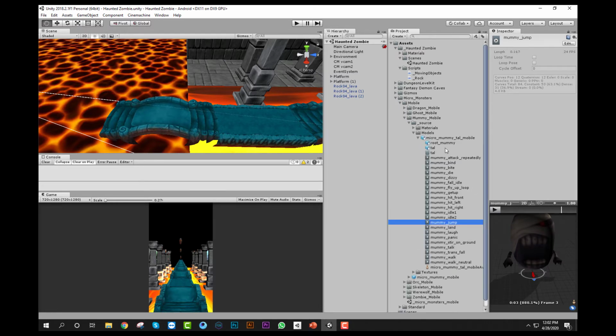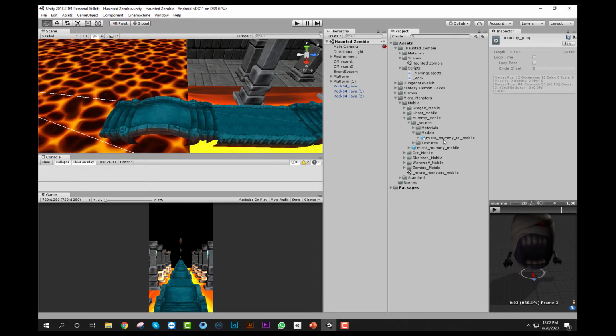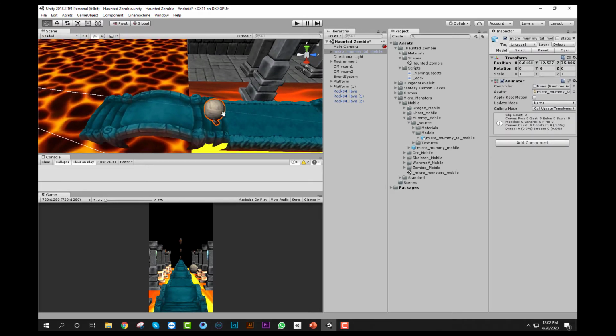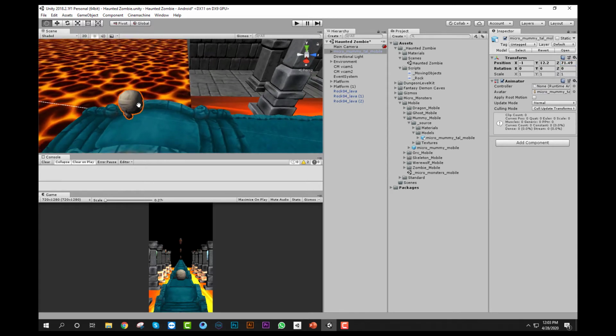I will drag this model into the scene and after that I will create the animator. I will apply some position to this player. Okay, this is our model.